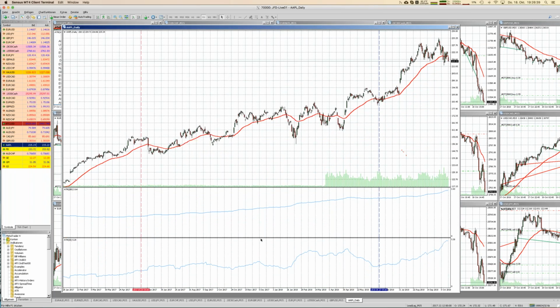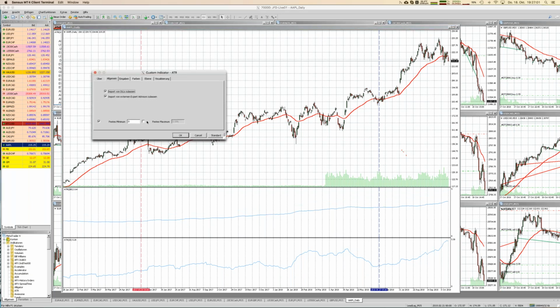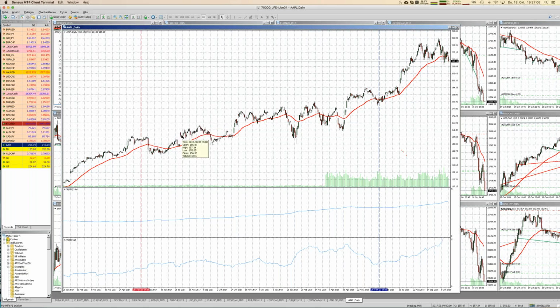Unfortunately, it would be much better to have both in the same chart because then we can see when they will cross. Therefore, at least I can use a minor trick because I do it with fixed scales here, because then it's easier to compare the two pictures if I have a fixed scale for the two ATRs. And then we see, for example, right now, as we speak, the fast ATR is higher than the slow.